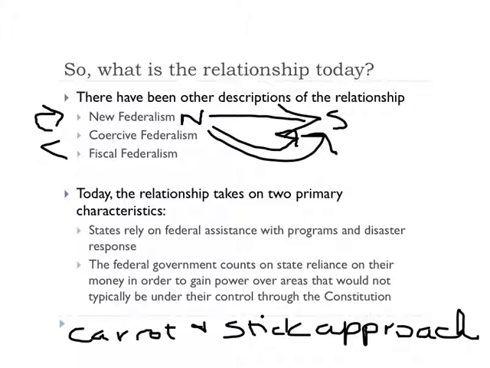For the federal government, the benefit they get is increased control and power in areas that are not constitutionally theirs. And of course, for the states, they get the reelectability of, look what great programs we bring you. You want to live here. You want to locate your businesses here. This is a great place to live. So think of the relationships in that way.